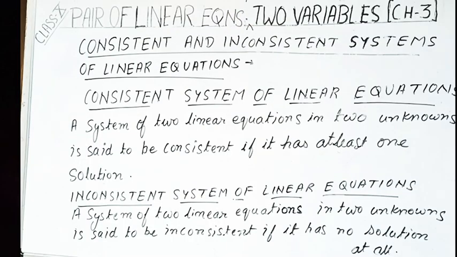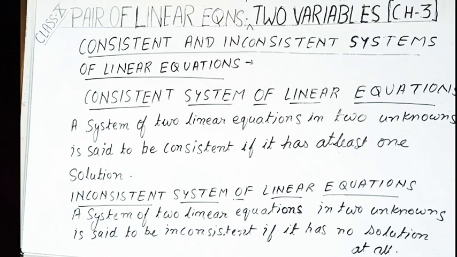After knowing the definition of the solution of system of linear equations, we should know what is consistent and inconsistent system of linear equations. Now, a linear equation can have a solution or cannot have a solution. Only these two possibilities are there. If a linear equation has a solution, it is called consistent system of linear equations, and if it does not have any solution, it is called inconsistent system of linear equations.